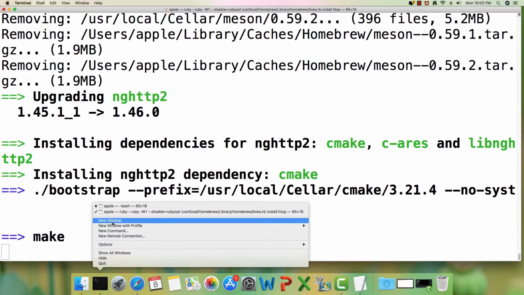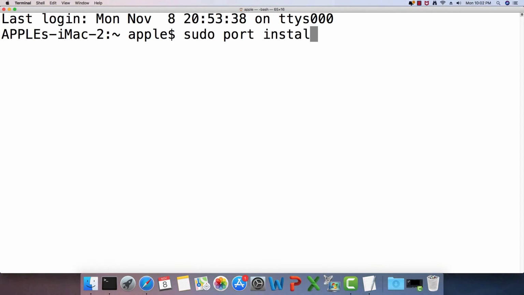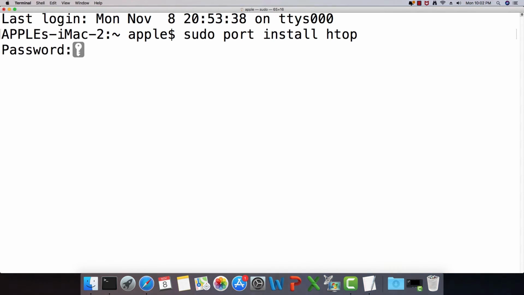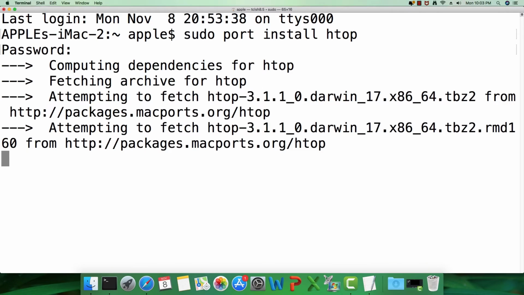I'm just going to open another window for the bash, and I'm going to say sudo port install htop. It is going to go ahead and install htop using MacPorts. It is fetching the archives for htop.